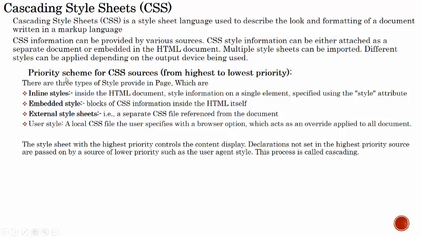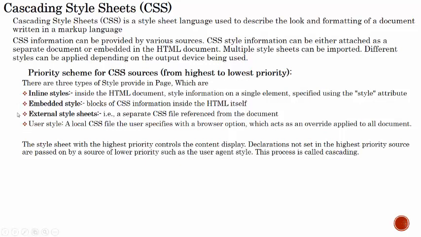How is the CSS priority applied? We can say from the highest to lowest priority. These are the highest priority things, and this one is the lowest priority. There are three types of styles available.